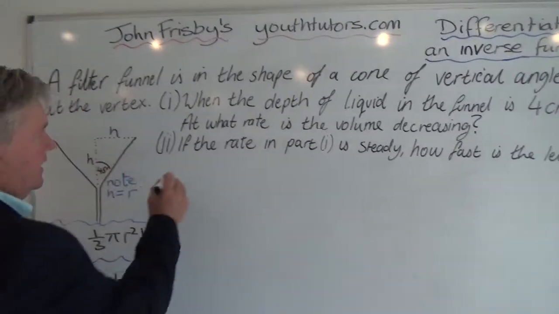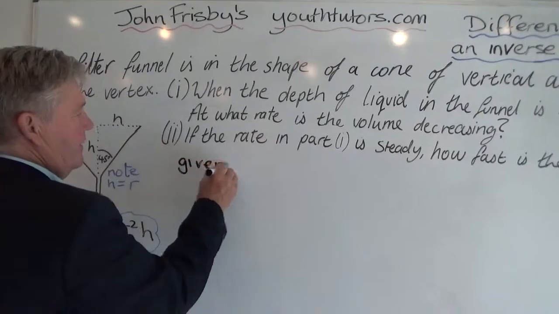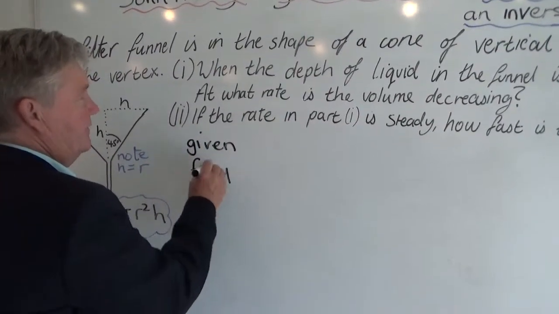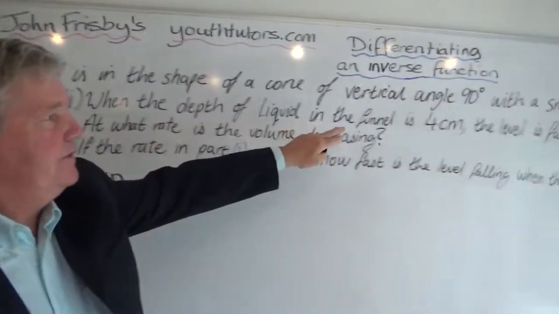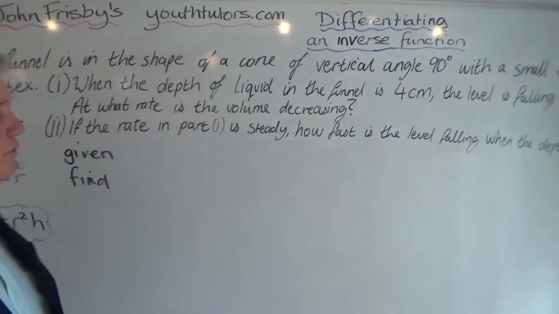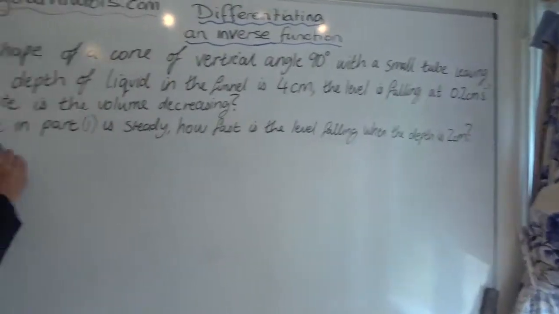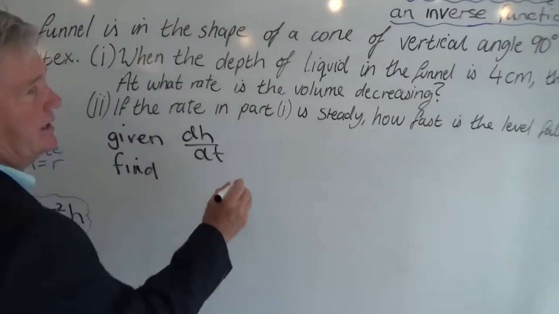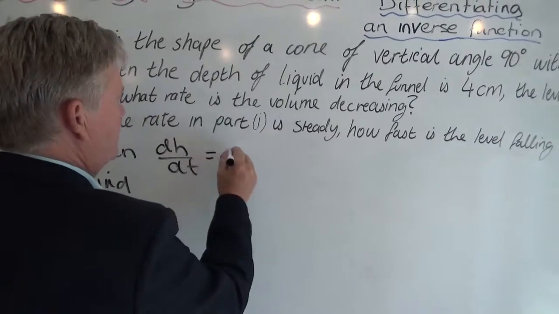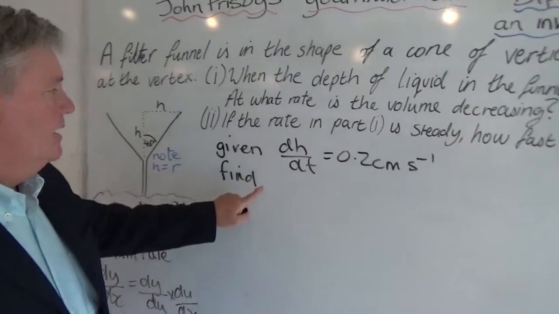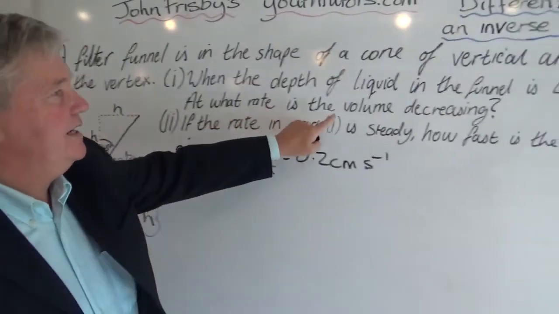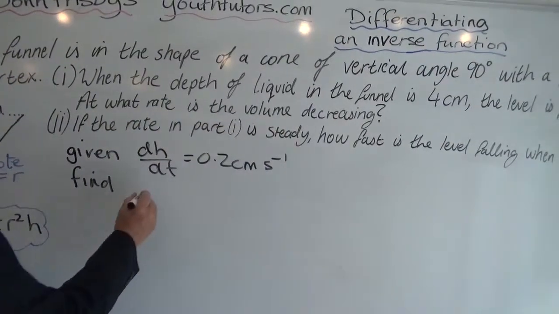Let's look at what we're given and what we need to find. When the depth of liquid in the funnel is falling at 0.2, so the change in height is 0.2 centimeters per second. We need to find the rate that the volume is decreasing, so we need to